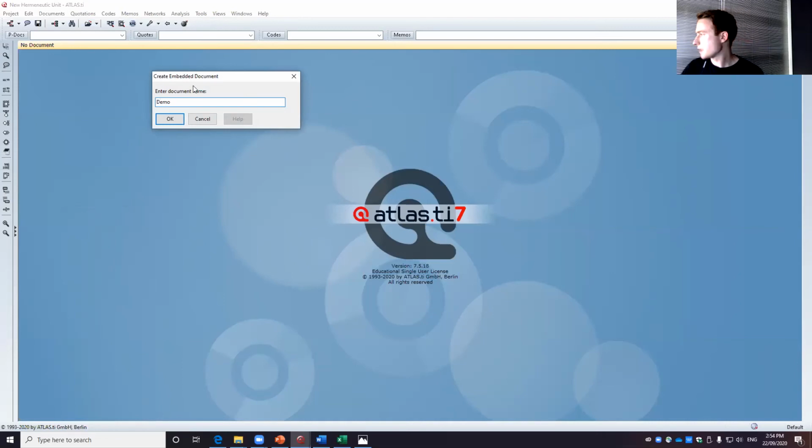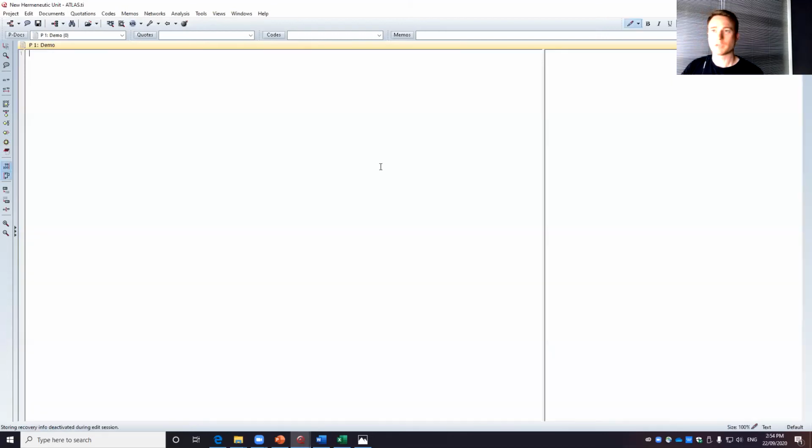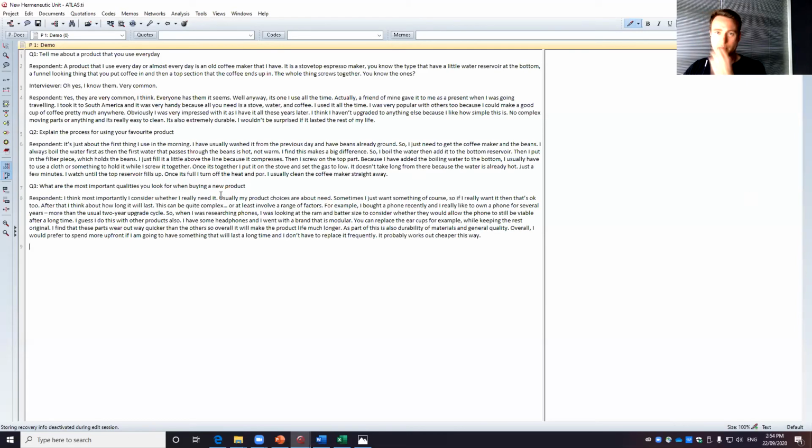And give it a name, usually a participant number, something that is identifying what your data is. Okay. So once we have that, we have essentially a space that I can bring in some data. And we can just paste that in. Okay, so once we have it in here,